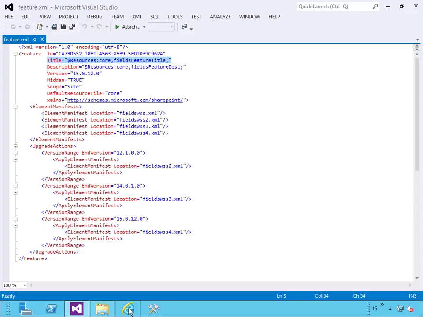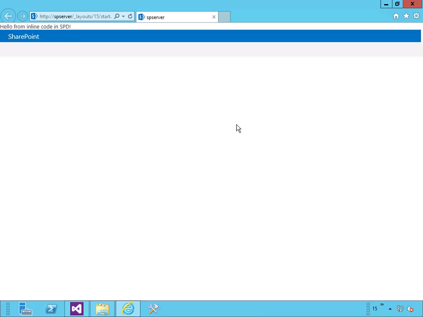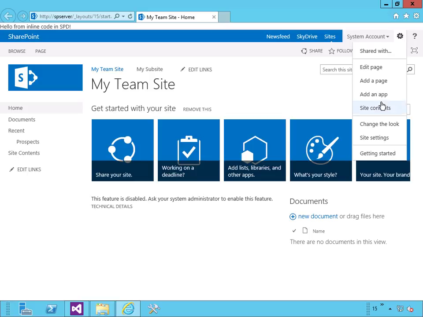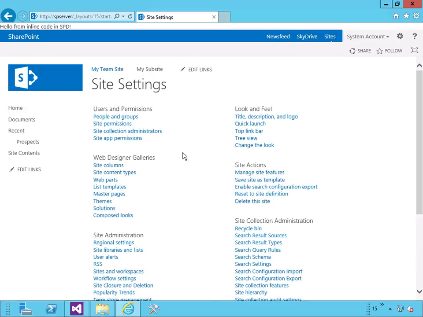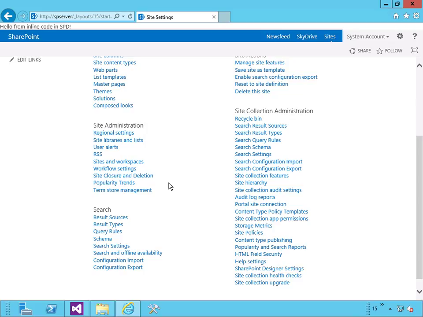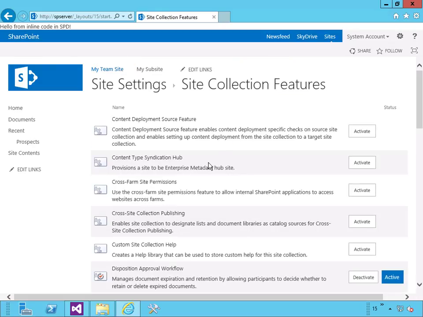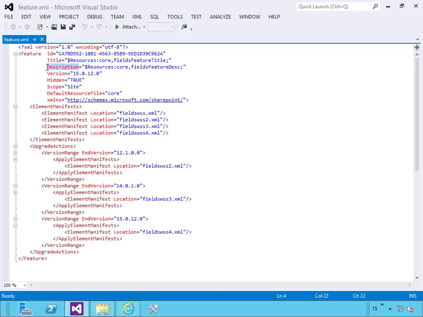So if I go into the UI, I'm going to go into Site Settings, and I'll just go Site Administration. Actually, we'll go Site Collection. Go Site Collection Features. That title is what shows up here in this text right here, and then this text right here is what's showing up in the description. So this description right here is what's showing up there, and then here's our version of the feature, and then